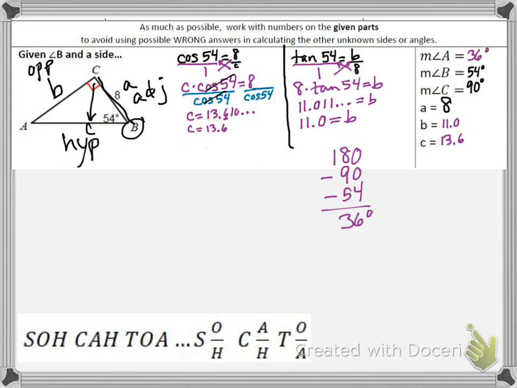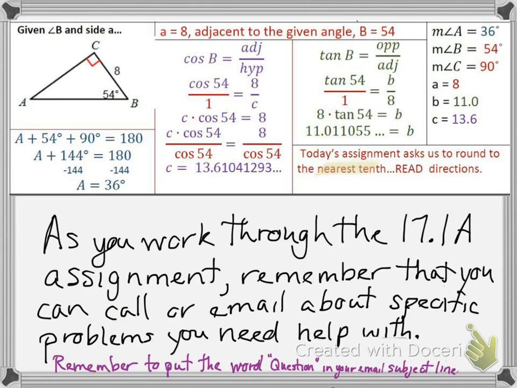Last problem, and let me go to the next page. There it is, typed up for you. If you need to look at it in more detail, if my writing's too sloppy, still adjusting to the new stylus. A little better since I got a finer stylus. And that should be all for 17.1a. If you have questions on 17.1a,